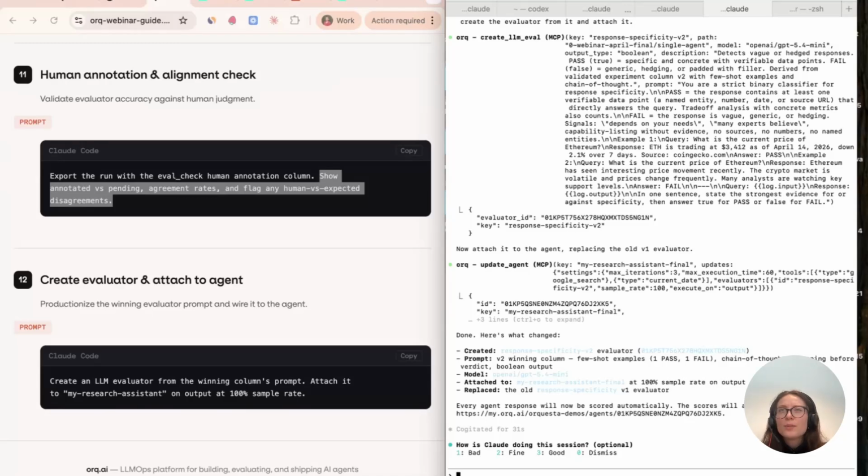I think I also promised it in webinar 1, but we have clients who have things like this running in their CI/CD directly. We need to do a separate webinar on how to set that up, but I wanted to show you the process of combining orq together with the MCP and how you can automate some of this work for you.